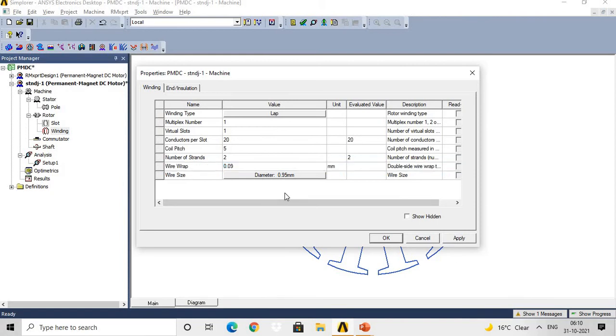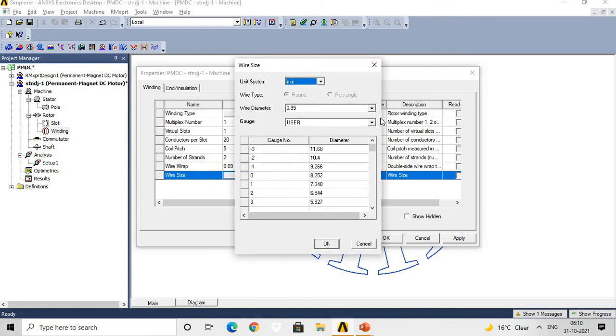Then wire size. See, if you double click on this, then as per your design, as per your possibility of current flowing through the winding, you can select the wire winding type or wire size. Here you are having the different options. Then wire diameter, you can select the wire diameter which are available in this list.